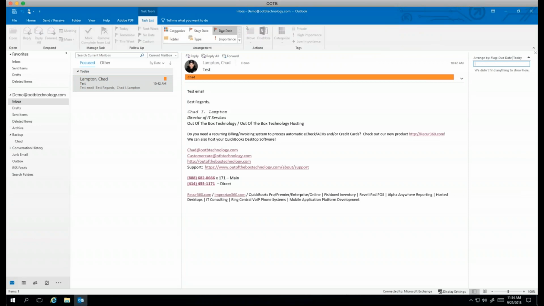Me personally, I'm going to use my calendar. If I've got something coming up, I'm going to put it in my calendar. But say you don't want to get pinged with a bunch of notifications. You just simply want to have it where you can see it at all times. The to-do list is just there for your viewing so that you can see that it's always there and it's constantly reminding you. If you have it in your calendar, sometimes you might forget about it or you don't see that it's there. And obviously you're going to get notifications, and most of us always remember our calendar items, but